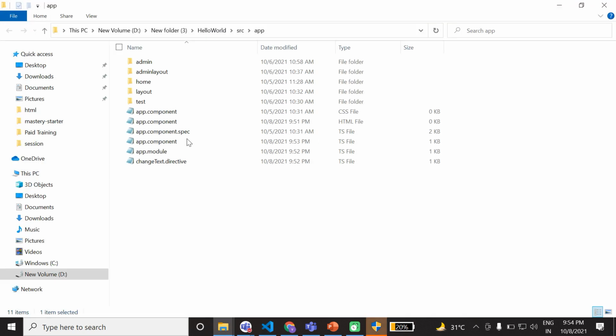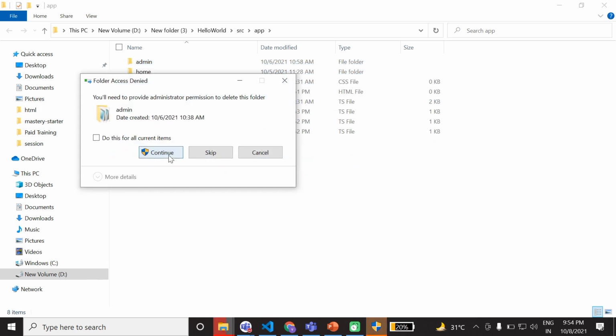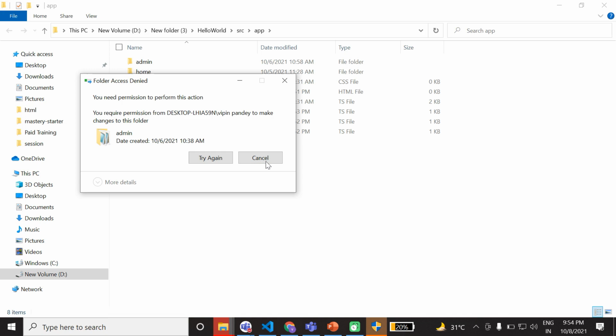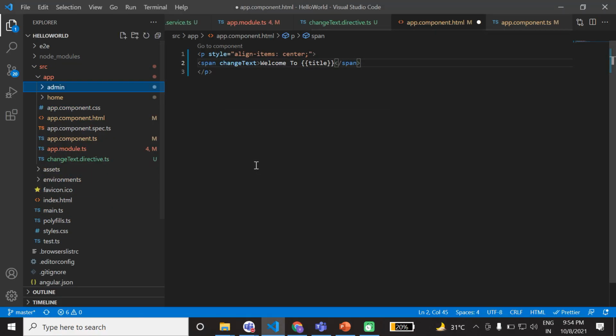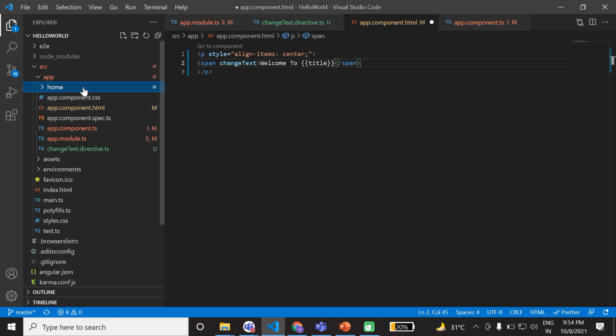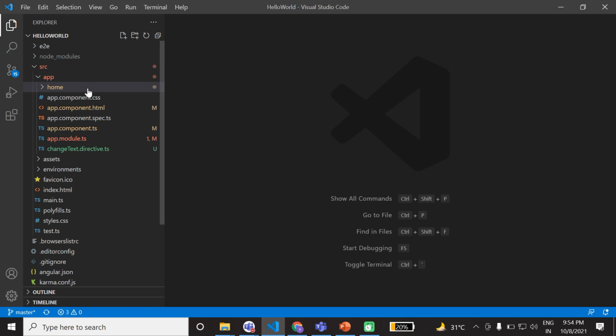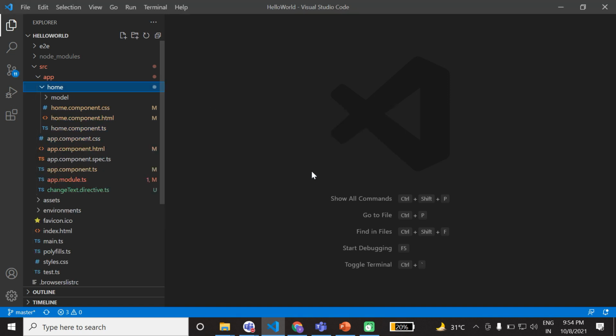Reveal in Explorer: admin layout, home layout, test layout. Delete these. Close all, save, and delete it.